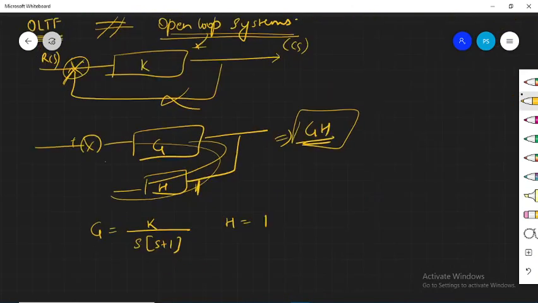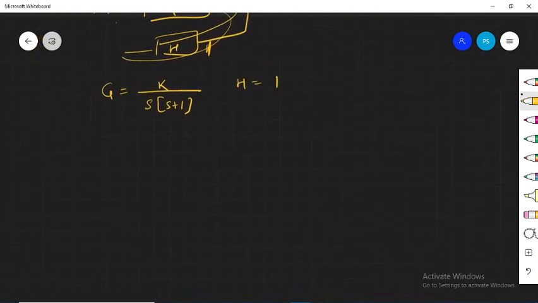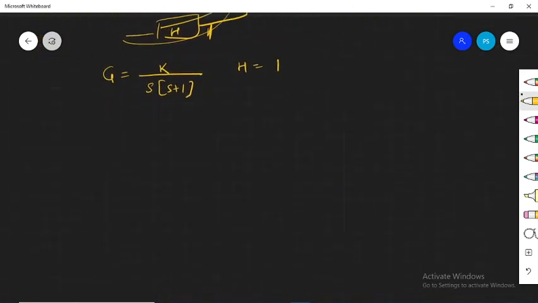So now it can become clear. We just have to find out the equation of the transfer function. If you find out the equation of the transfer function, then the poles of the system can be found out from the denominator by taking the roots of the denominator of the transfer function. So you know the value of G, you know the value of H, it's a feedback system. So you can easily find out the transfer function for the system.